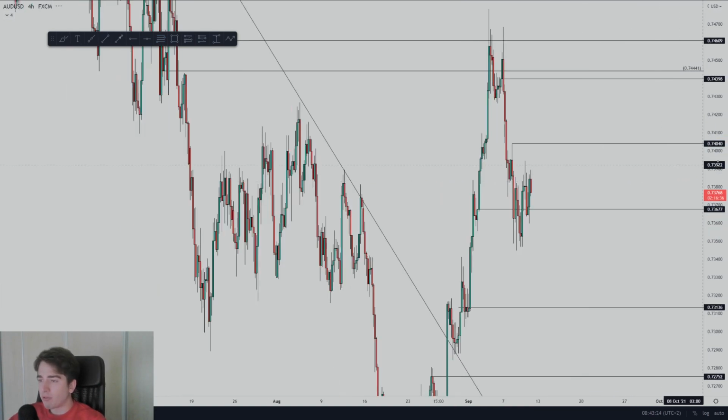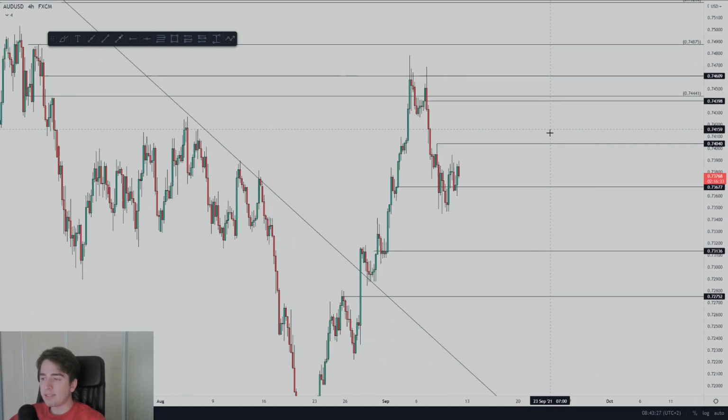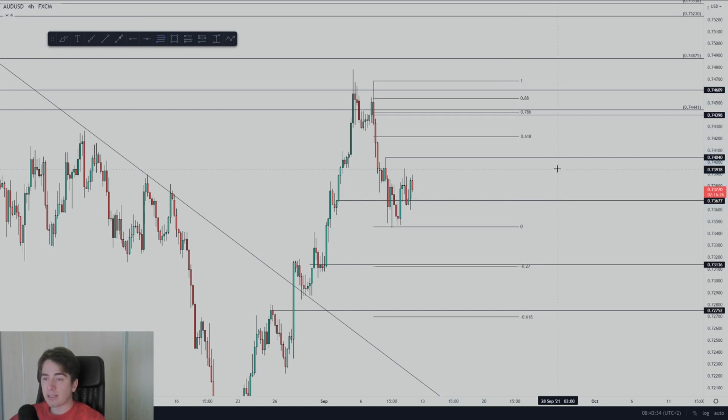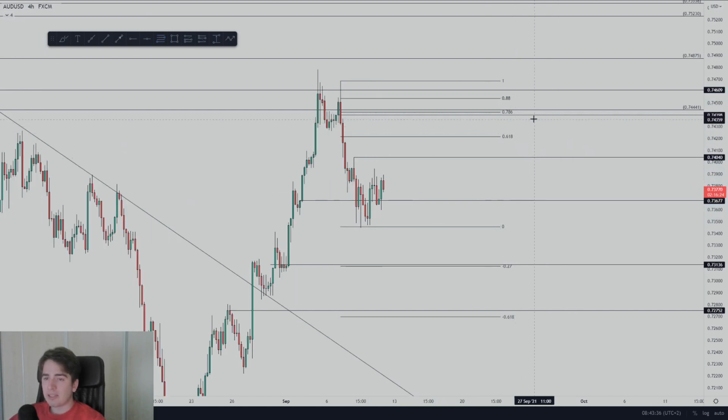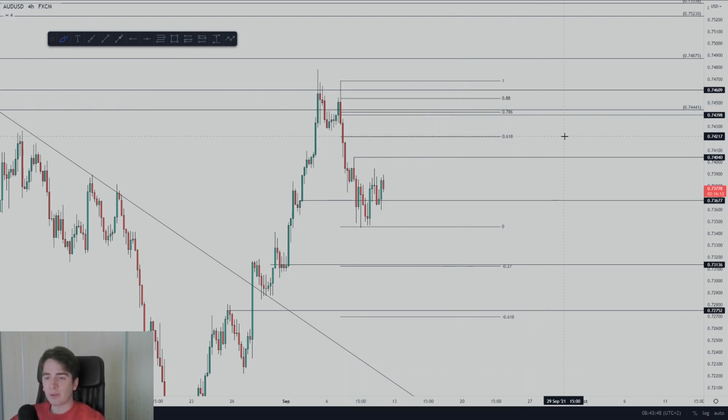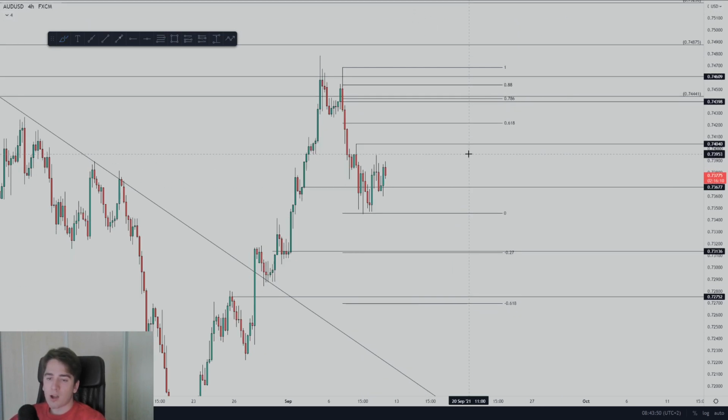However, looking at it from a 4 hour perspective, I would preferably see it come up higher to at least 0.74040. After that, just draw in this fib, and then what you can see is that the ideal selling point lies at that 786 fib retracement. So either a short from here or a short from here, with this being the highest probability setup at the 786. So that's what I'm going to be waiting for. Let's say we do tank down lower, I will not be engaging within the market for any potential sells. So that is that. Let's head over to euro dollar.